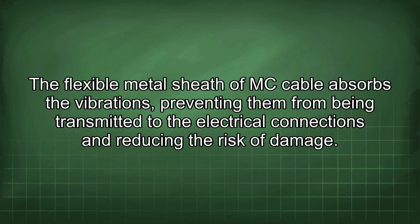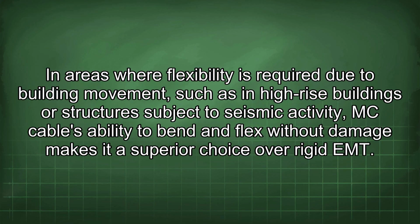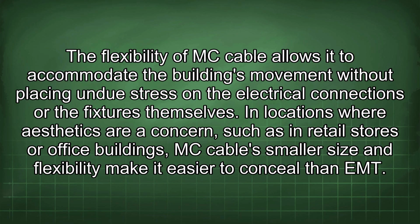The flexible metal sheath of MC cable absorbs the vibrations, preventing them from being transmitted to the electrical connections and reducing the risk of damage. In areas where flexibility is required due to building movement, such as in high-rise buildings or structures subject to seismic activity, MC cable's ability to bend and flex without damage makes it a superior choice over rigid EMT. The flexibility of MC cable allows it to accommodate the building's movement without placing undue stress on the electrical connections